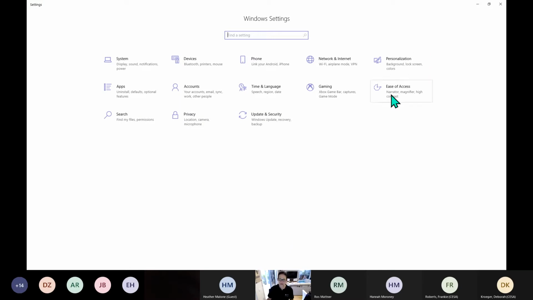Now, here's Ease of Access living over here. Why Ease of Access matters is because this is where we can, and don't be distracted by personalization there, make our machines more accessible. Anything that we need to make our machines more accessible, to make our engagements more accessible as end users, lives